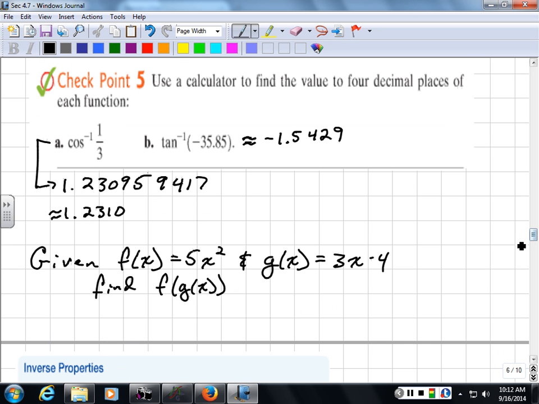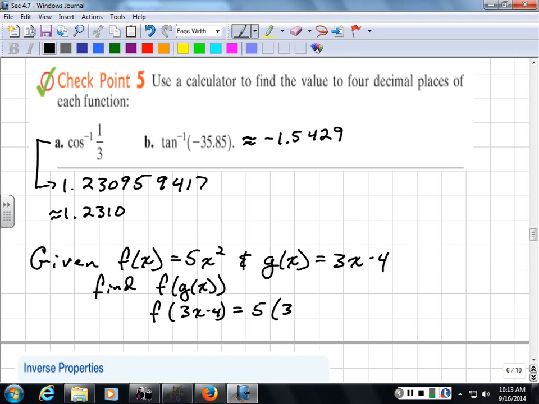Okay, what do we got? Is that 3x minus 4? Yeah, it's a 3x minus 4. Okay. What'd you get for an answer? 45x. Okay. So that means we're looking for f of 3x minus 4, which means we're looking at